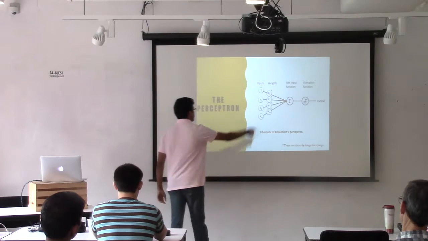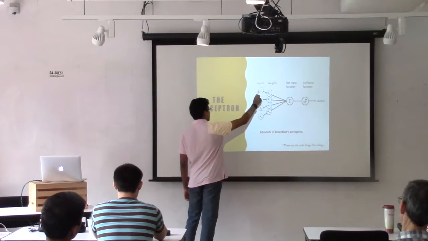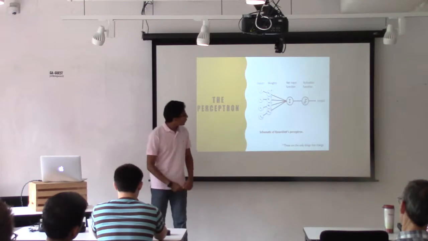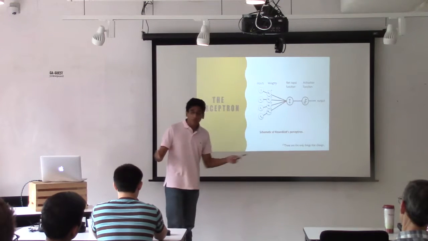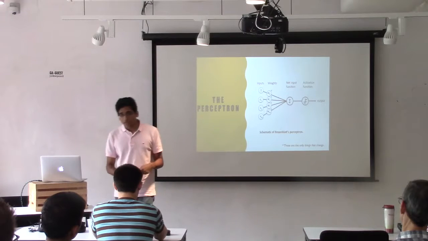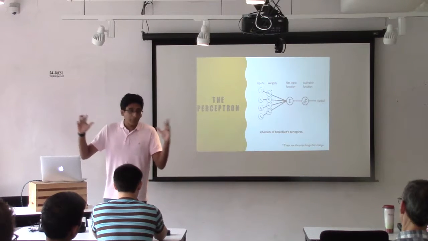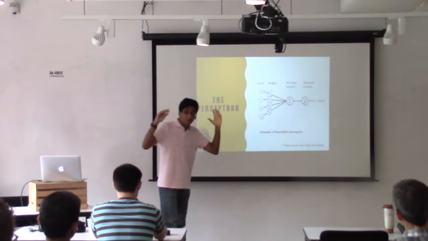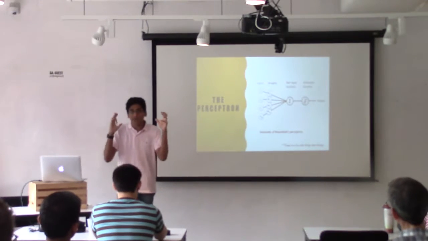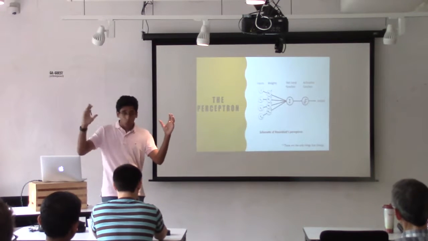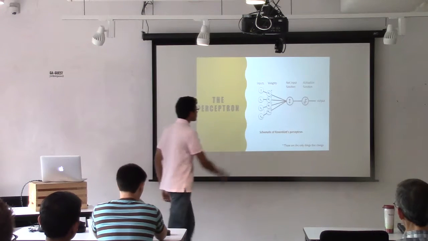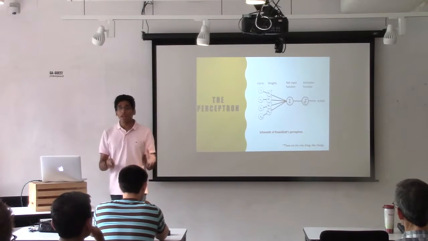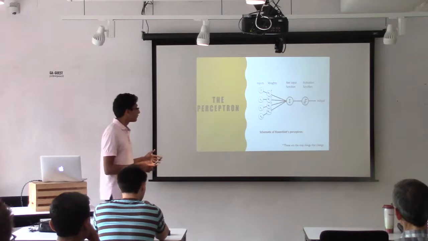Well, let's say you have your inputs. You have some raw bias number. You have input 1, input 2, all the way up to input m. You also have a bunch of weights. Now, what are you doing with these weights? You're applying them to the inputs. Let's say I have input 1 and a weight 5. I'm just going to combine the two and multiply them. So my combined input is now 5. So you have a bunch of these combined inputs times weights. And what are you doing with them? You're summing them. That's all you're doing. You're combining the inputs and then you're summing them. And then you're running them through an activation function.